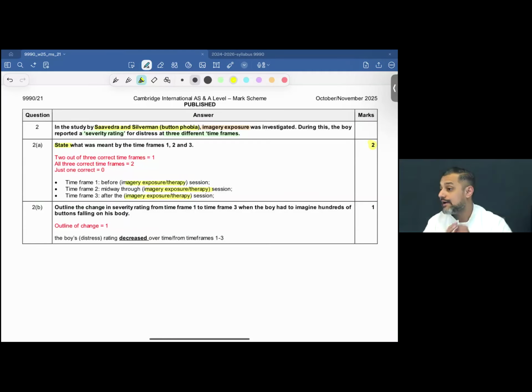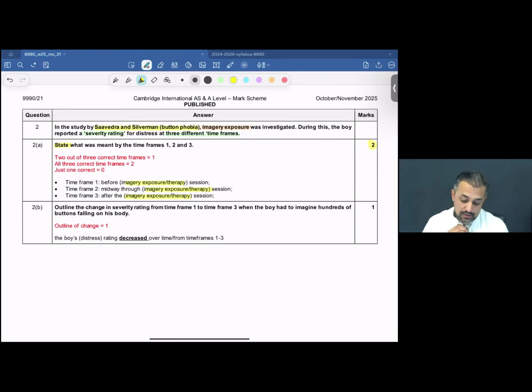Now that you have read the marking scheme for this, you know it was not a difficult question. But just question yourself, if you would have been sitting in the examination hall in November 2025, sitting for variant 1, and if you would have had this question, the words time frames 1, 2, and 3 might have ended up confusing many of you. So know your core studies well. Everything that's written there in the paper, if you are looking forward to scoring high in your examination, or trying to hit a 60 on 60, make sure that you know your content well, and you know your study inside out.